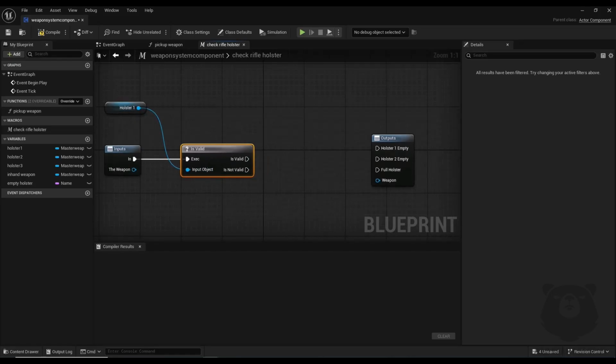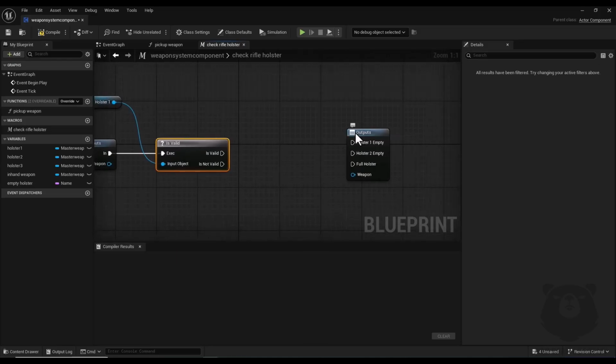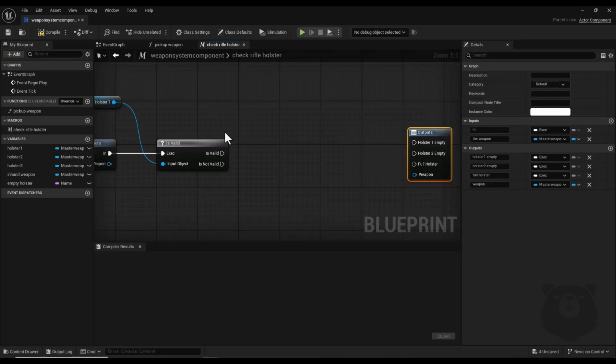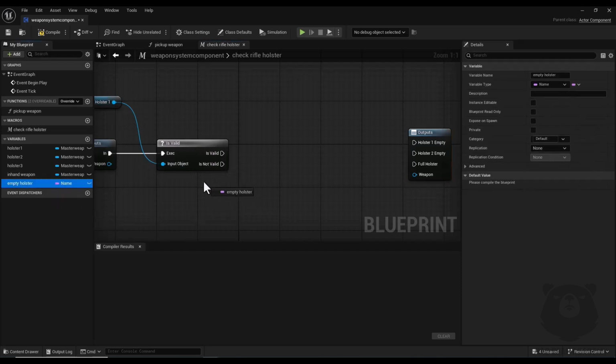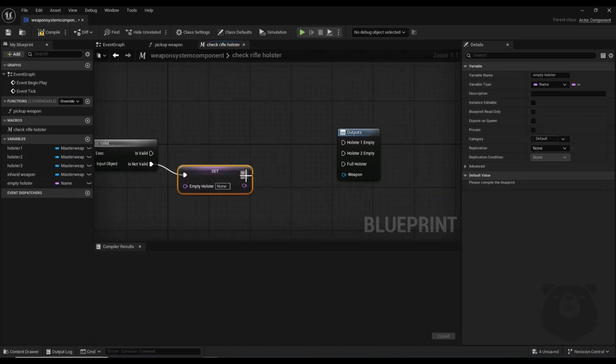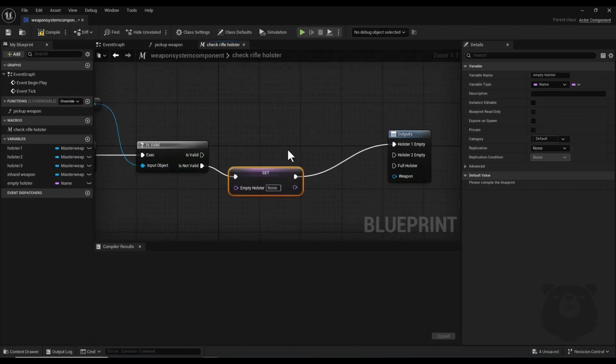Okay, if this holster is empty, so it won't have any value, so we have is not valid. So first I drag and drop it here to this node and get a setter from my empty holster variable, and I connect it to holster 1 empty. And here I should add my